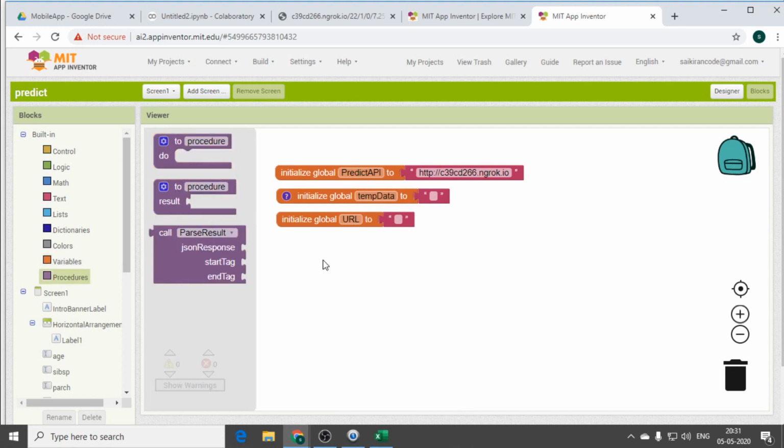So here I need to click on, so first you have created your block, and next you need to give some procedure for it, because you need to update the data to the URL, right? You can see the same output in your mobile phone.